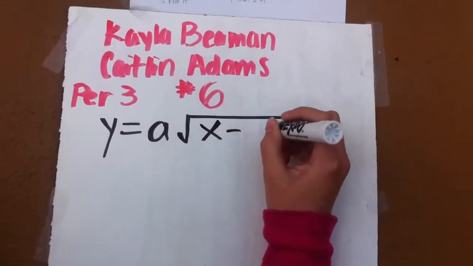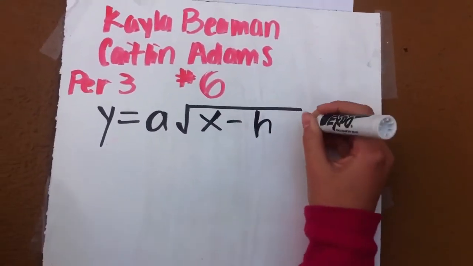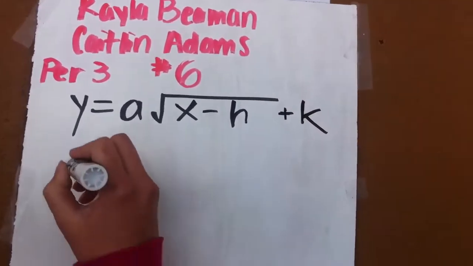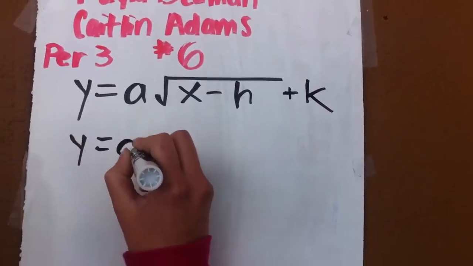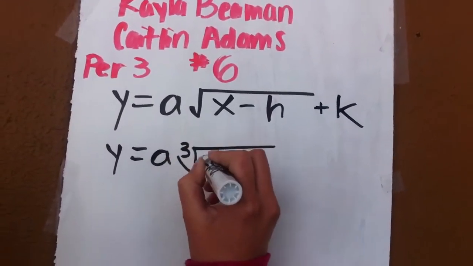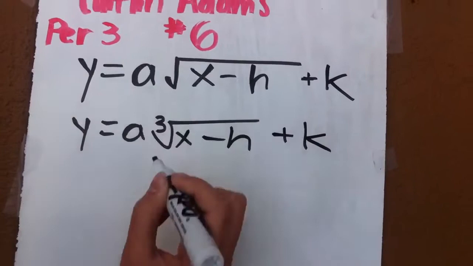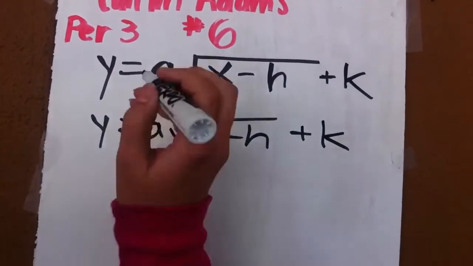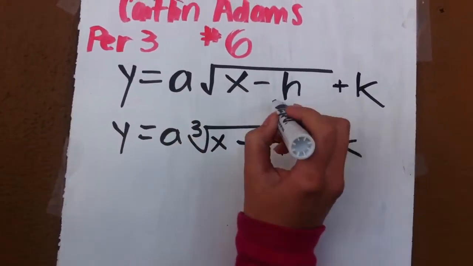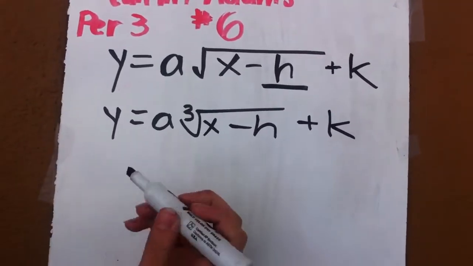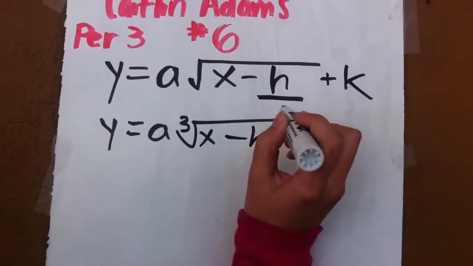y equals a times the square root of x minus h, plus k. And if it's a cube root, it would be this, except just with a 3 right there. And what this means is the h right here will determine whether the starting point will move